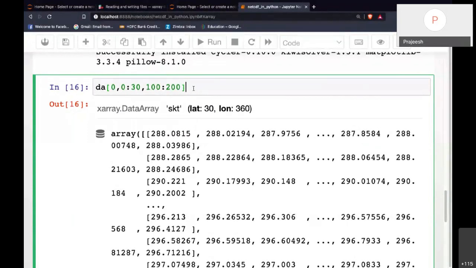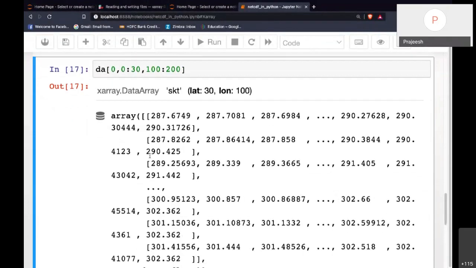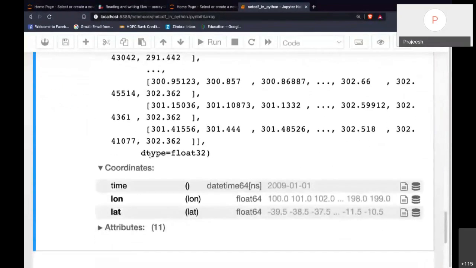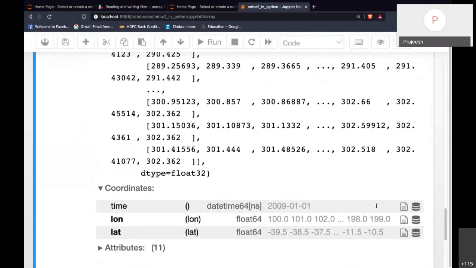Then I got this longitude, and you can see the longitudes are from 100 to 119, and latitudes are from -35 to -10.